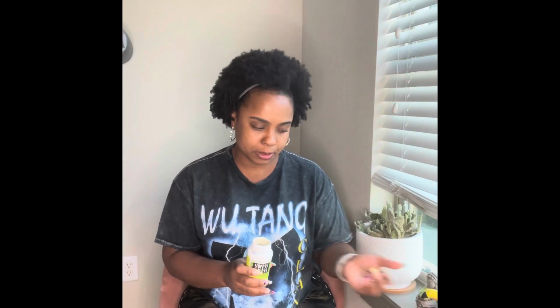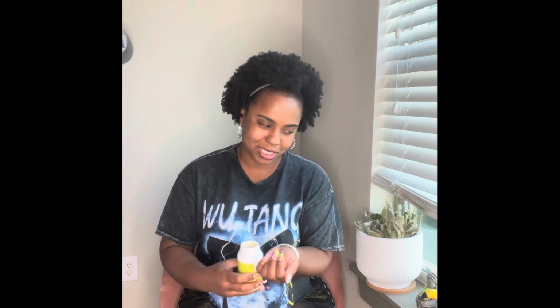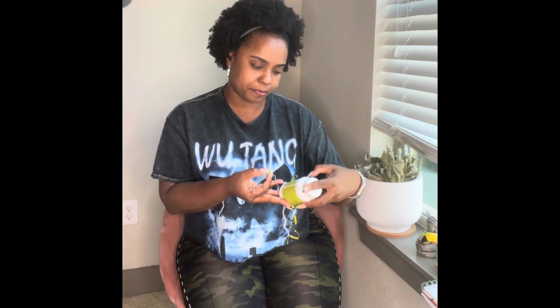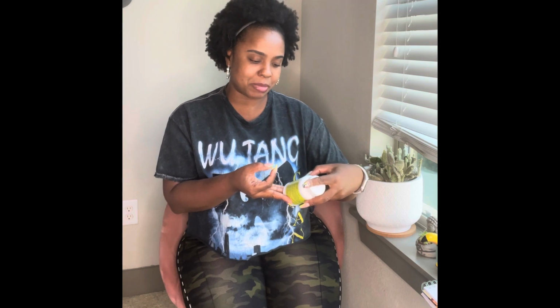Things that I wanted to point out. If you've never seen Swiss Kriss before, or I know some people just don't like taking tablets, pills, capsules, whatever. But here you see it, and it's a pressed herbal tablet, but each one is stamped Swiss Kriss, and there's even a little line in the middle. So if you wanted to have more control over your dose or take less of it, I think on the bottle it also says that you can give it to kids. Wow, even children 6 to 12, which is interesting